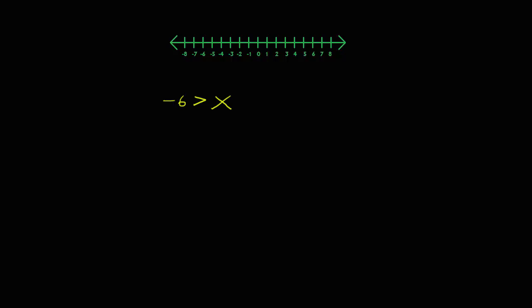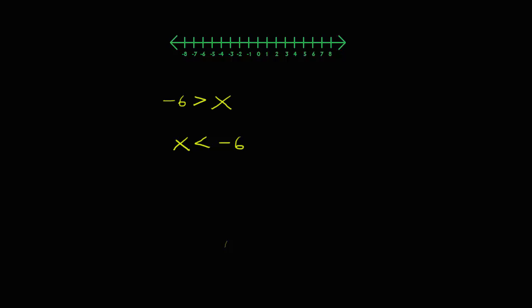Let's see what happens when our variable does not come first. Let's suppose that we have -6 is greater than x. Well, in this case my variable doesn't come first, but I can make it come first by simply turning the inequality around, meaning that I'm now going to write the x and the number -6, leaving a little bit of space. And since my inequality points to the x, my inequality must keep pointing to the x when I'm done with it. Now my variable is first, and I can follow the rule that as long as the